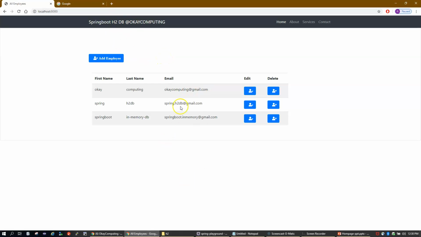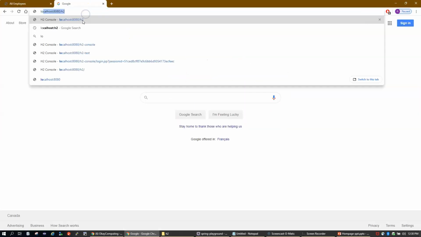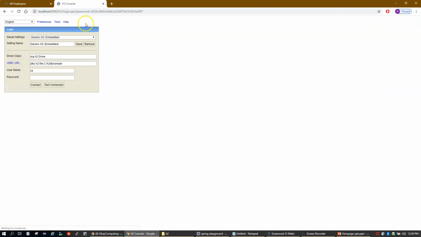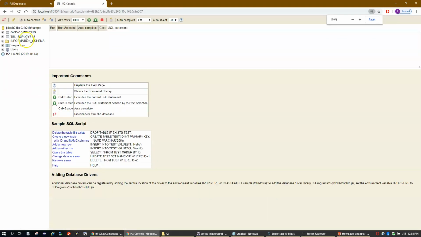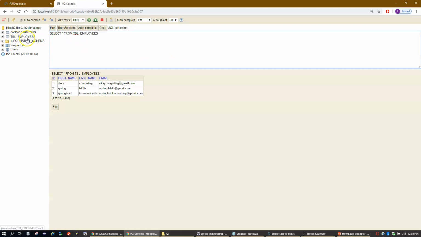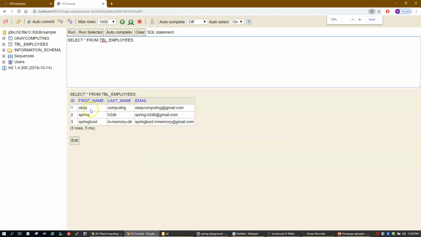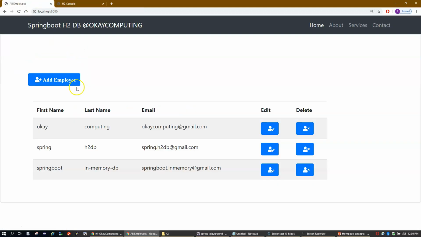One more thing I would like to highlight is, let me show you the H2 database. So connect. You can see here there are two tables, but as part of this video, this is the table that we're going to use, table underscore employee. And you can see that here we have three records. Let me insert one more record here.